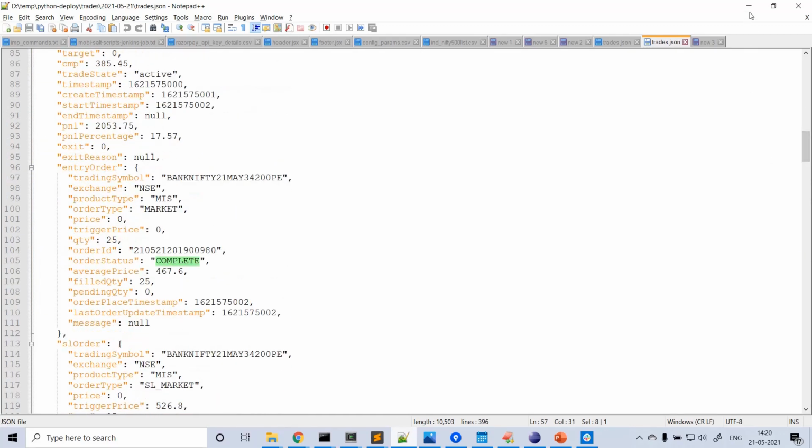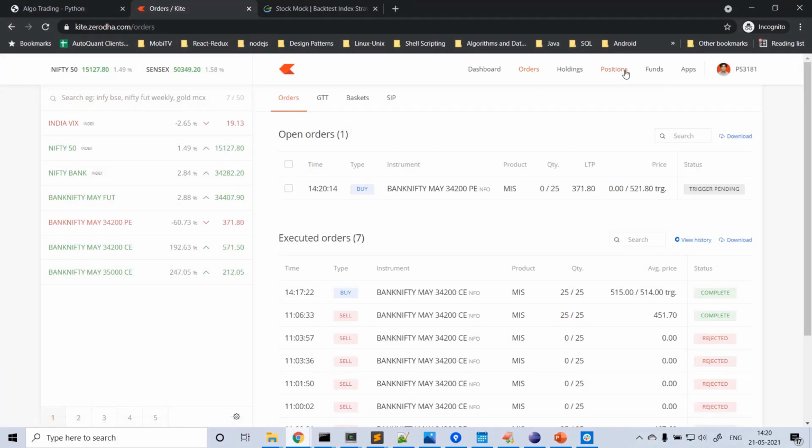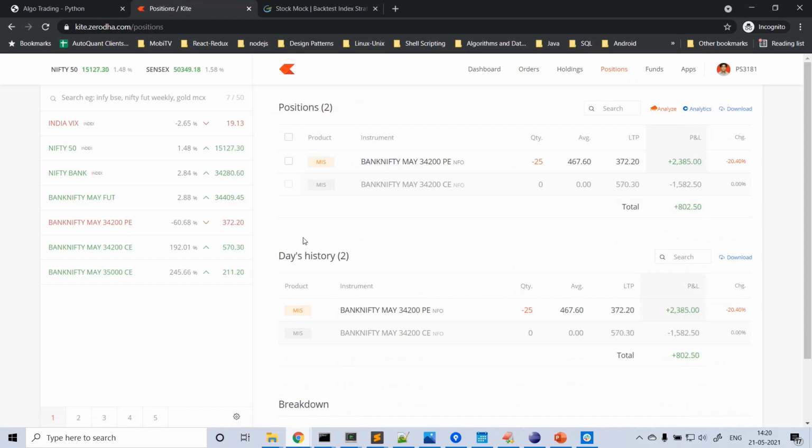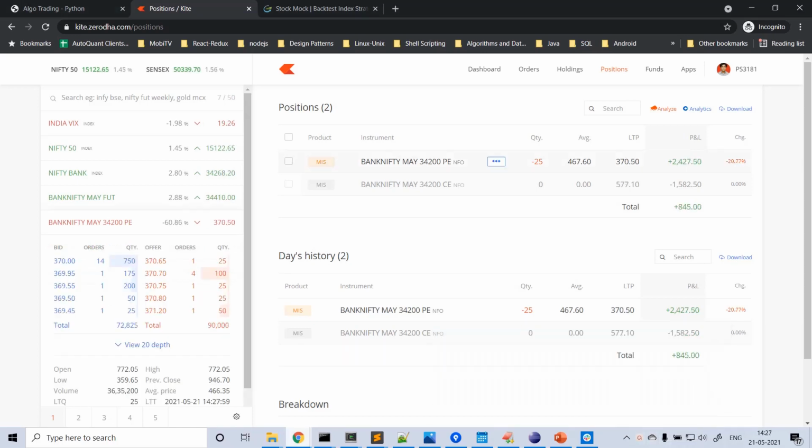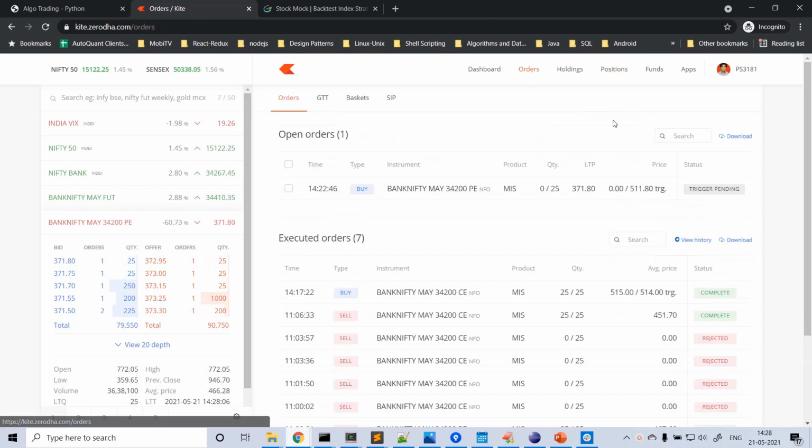Okay, let's see how it goes. Overall it is still showing profit, only because the CE is going very fast upside. Cool, and we have 10 minutes left. I'll come back again in 10 minutes. Thanks. Hi, welcome back. I think we are near the square off time, which is 14:30. Only 2 minutes left. So what happened exactly? The trail SL of the PE symbol also got updated.